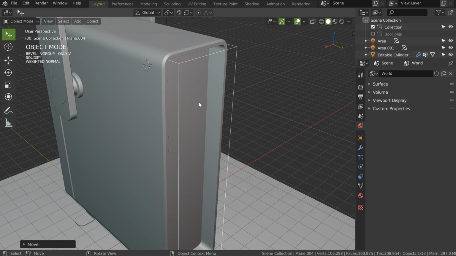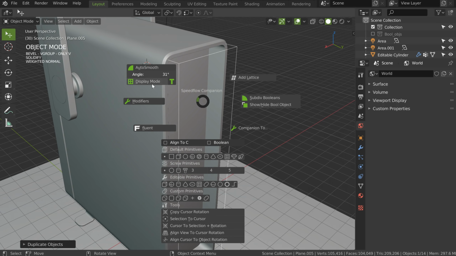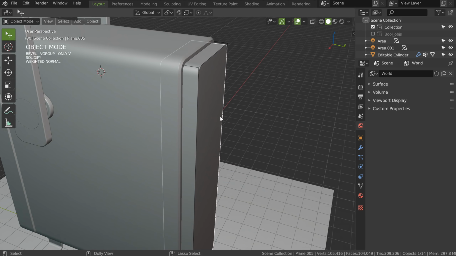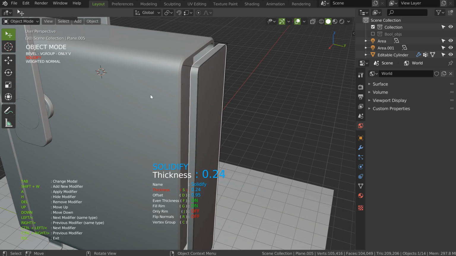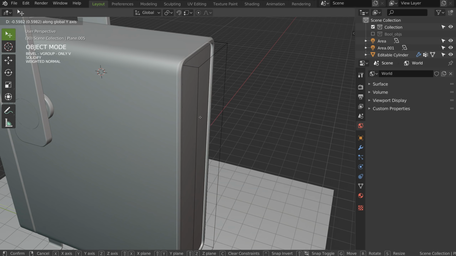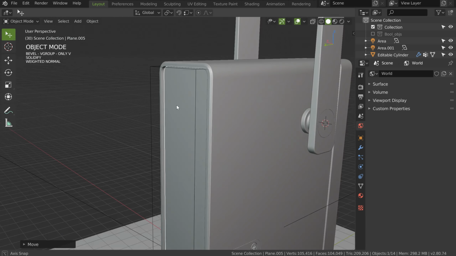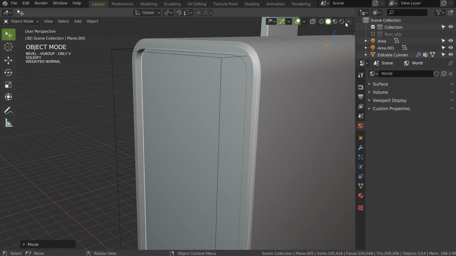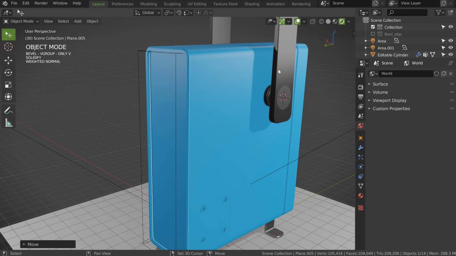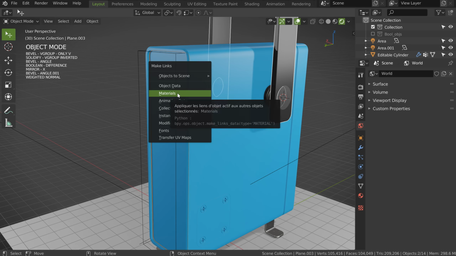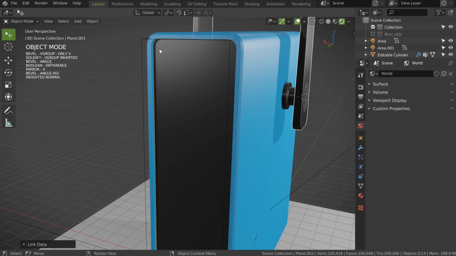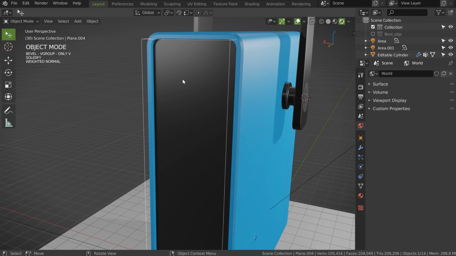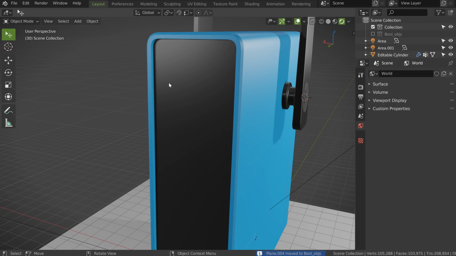What I will do now is to duplicate it. I will press Shift and click, that will give me this result, and after I can play with the solidify, just like that to make this, and I will move it here. Okay? So this is the result I have. I will copy a shader, I will copy this shader, Ctrl L, material, and I want to add some holes here. So I will move this one to the bool object.